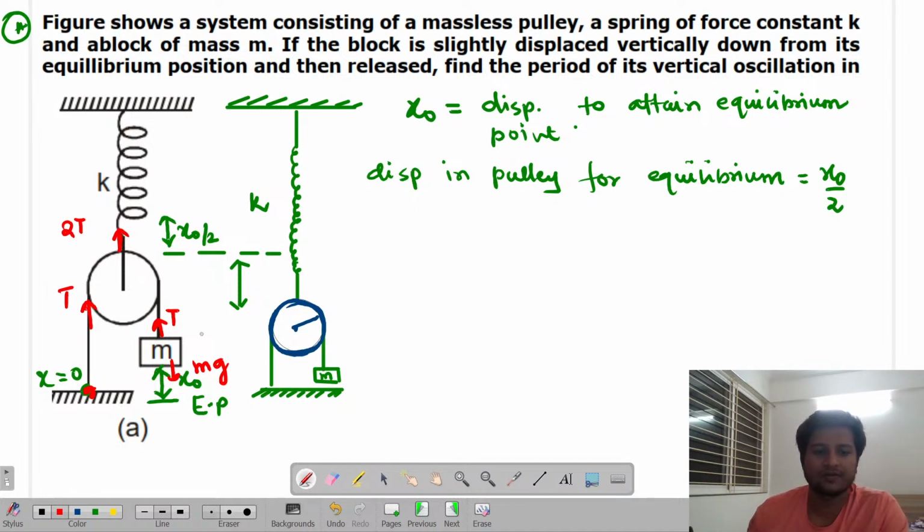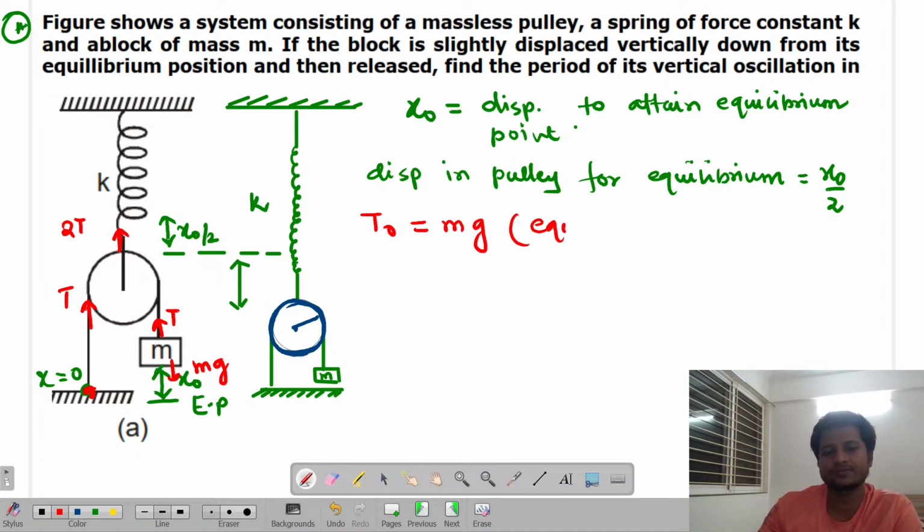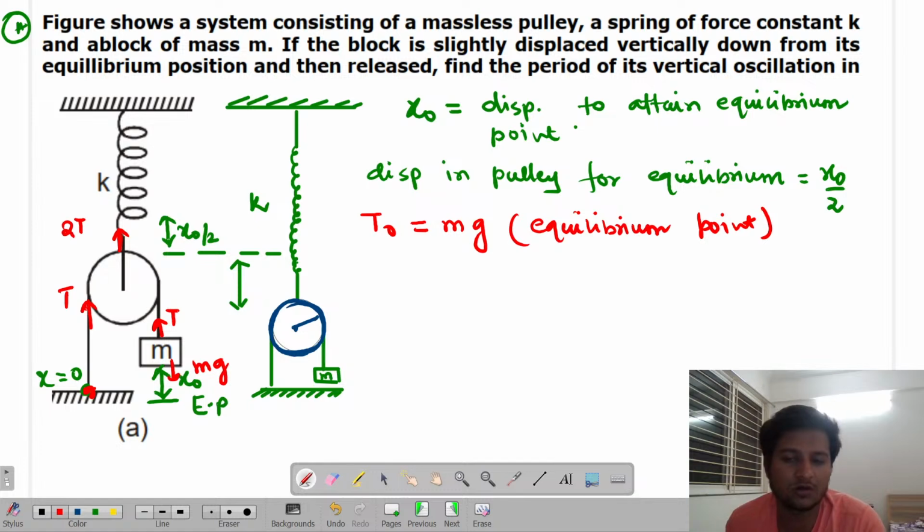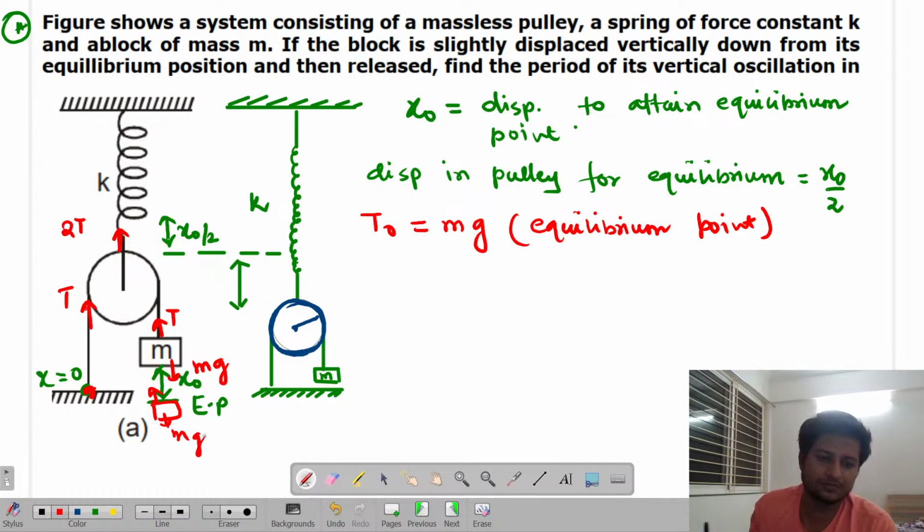So basically, for equilibrium I'm writing T naught is equal to how much? mg. For which point? The net force must be equal, upward force must be equal to downward force, for which point? Equilibrium point. मतलब यहाँ पर जो टेंशन है वो क्या जिसके बराबर है? हाँ, इज दैट क्लियर? तो बेसिकली अगर ध्यान से सोचो जरा, तो